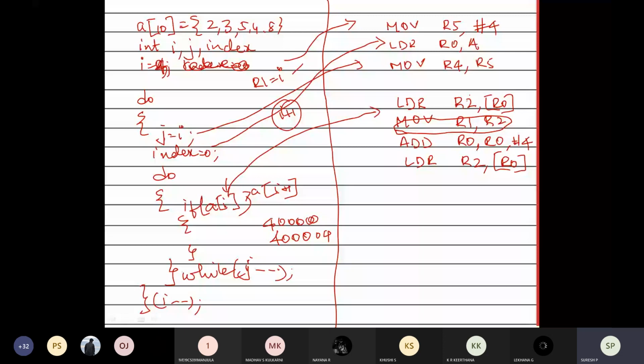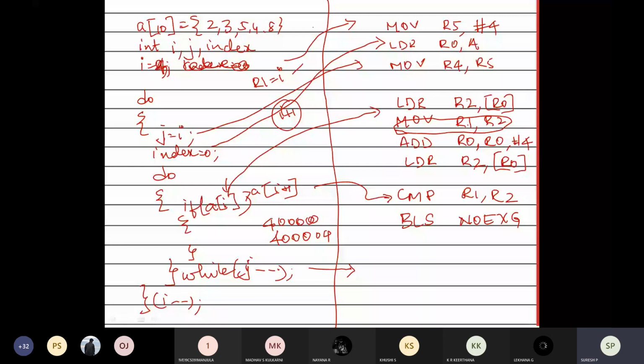I need to compare, so that means the if condition I am doing. Compare R1 with R2. Now if it is less, I need to exchange, otherwise I will not exchange. If it is not exchanged, the loop will come here. What is it going to decrement in the for loop in your C program? It is going to decrement the j. So j is stored in which variable? Your R5 is i, so here you can take R5 is i.